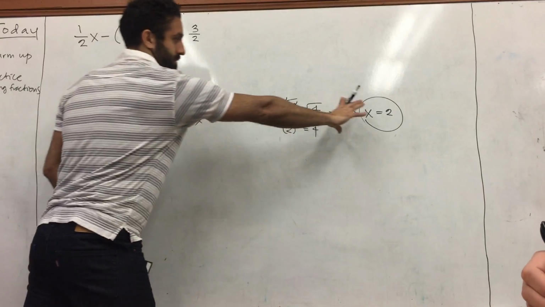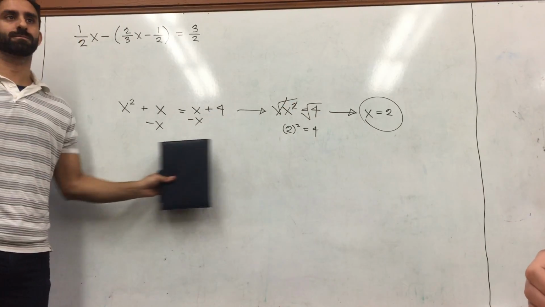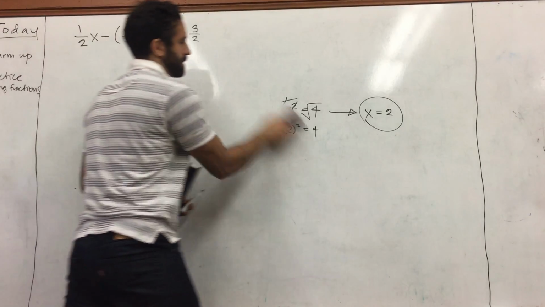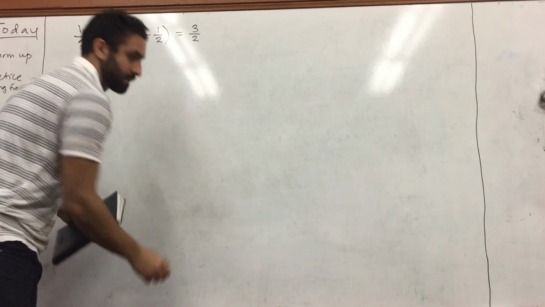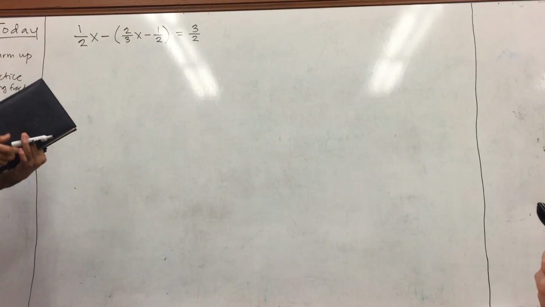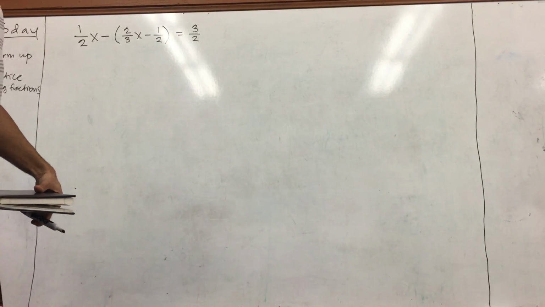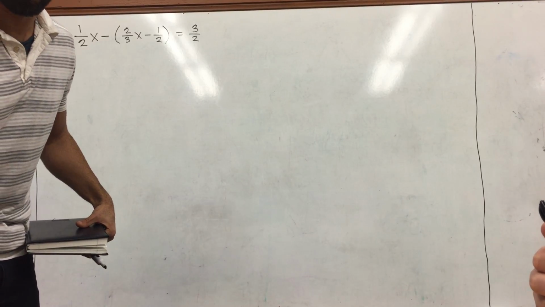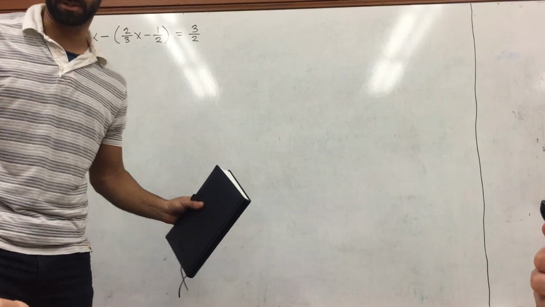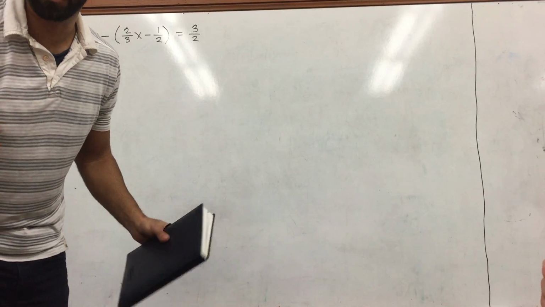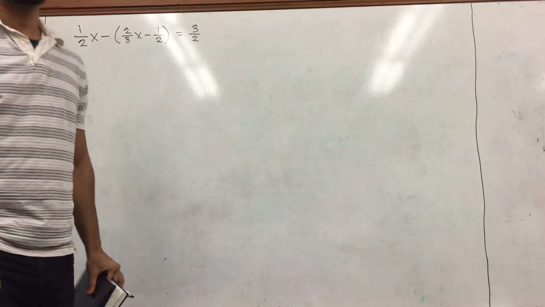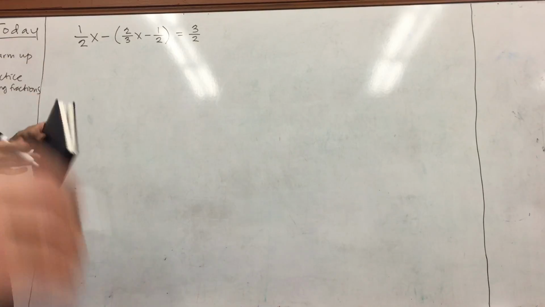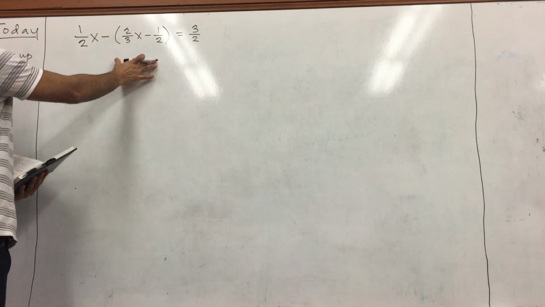Can I erase this? Anyone still want this up here? Alright, great. So, that's great, and your notes have gotten a lot better, but if I were to give you some advice, maybe start right here. Use the whole sheet, right? If you start all the way on the right, then you're wasting all this space. You're wasting paper. You're killing trees. You're killing the earth. No, I mean, we'll recycle that anyway, so it's not really wasting a whole lot.